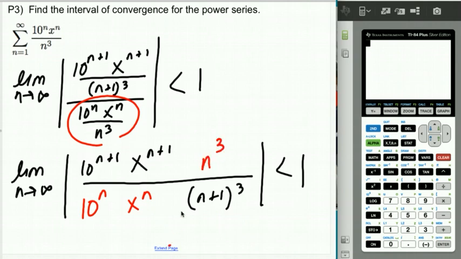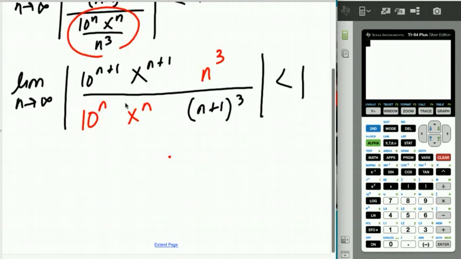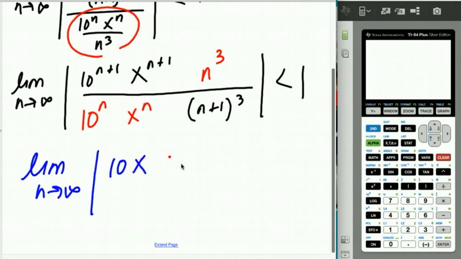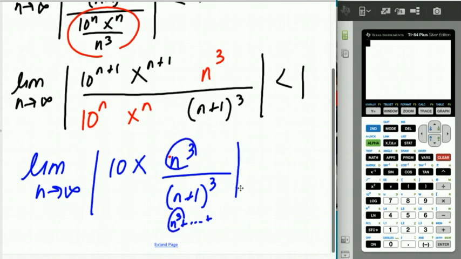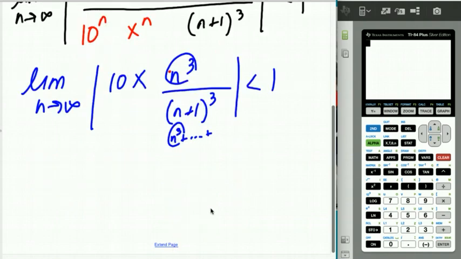So if you were able to look at this and in your head be like, oh, I get it, it's going to be a 10x, that's great. Congratulations. Awesome. I'm not judging you. So if you were able to look at that and say, hey, this is a 10 and an x, and then because this is an n cubed over something that is clearly also going to be an n cubed, like if you foiled this out, this would be n cubed plus a bunch of stuff, right? They're both n cubed. So if you can spot that that's going to become a 1,